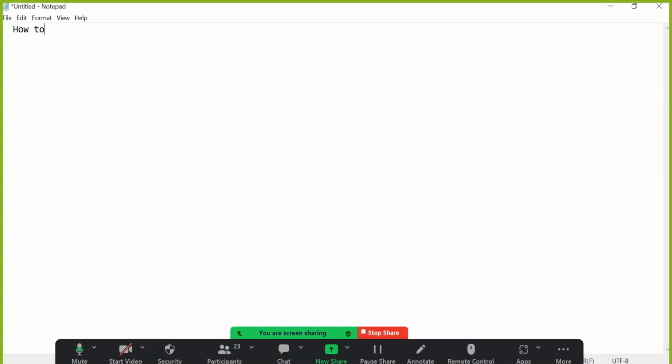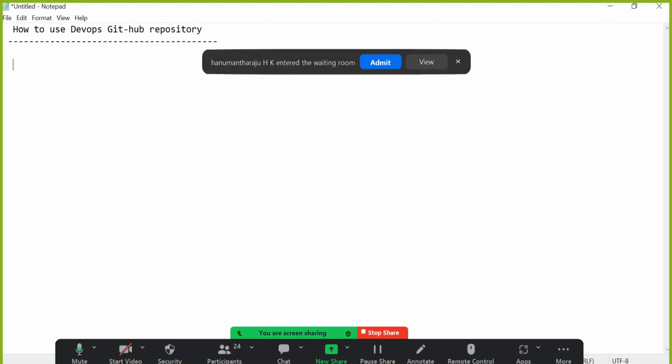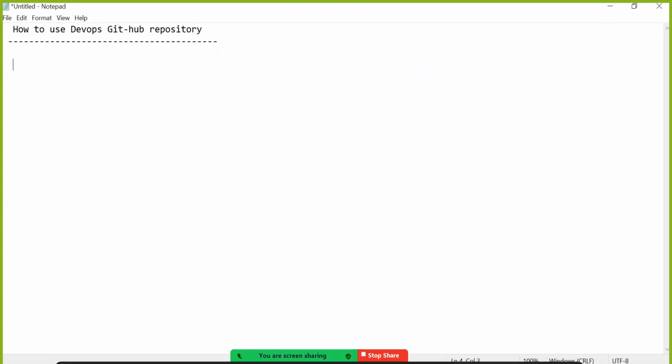So how to use DevOps GitHub repository. DevOps is an Azure related thing. We are not learning DevOps here, but one of the features in DevOps. Those who are doing the complete Azure course, a lot of features are there in DevOps, you will be learning in Azure. But one of the features in